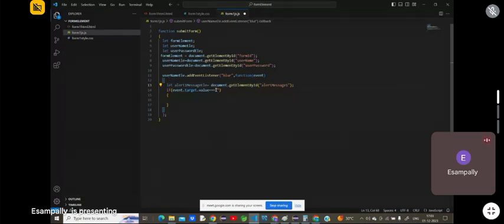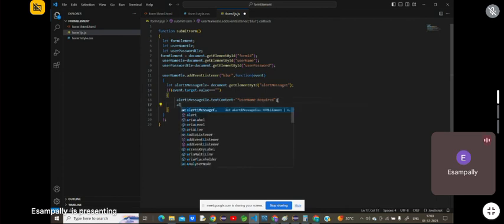Message 1. So if it is not there, then what we will do, message 1 element dot textContent equals to, what we need to say, username required. Okay, we need to say it like this, username required,